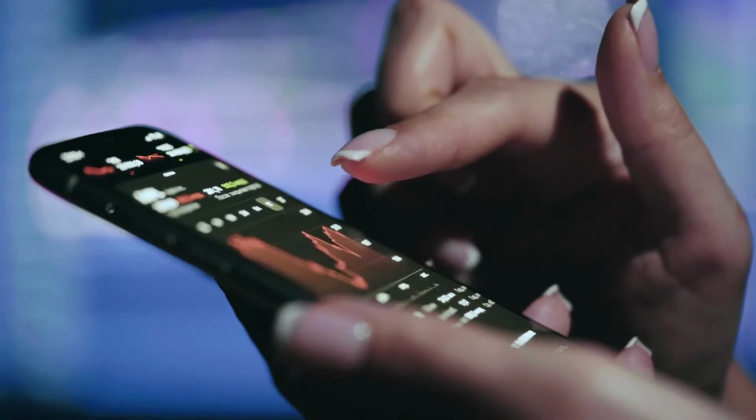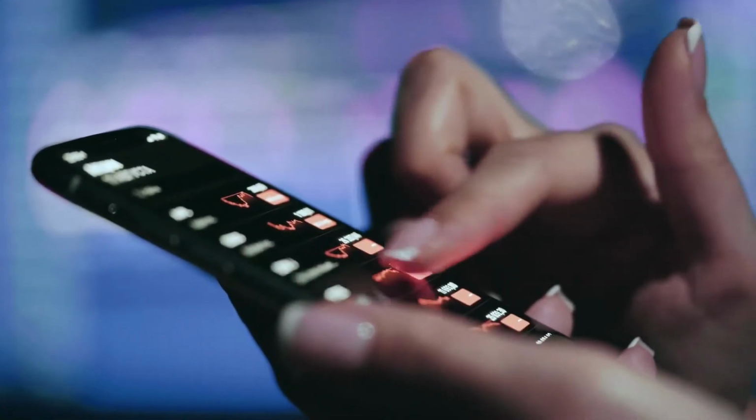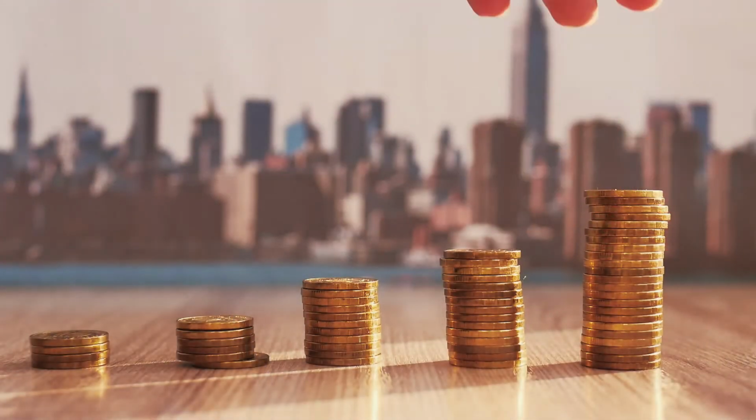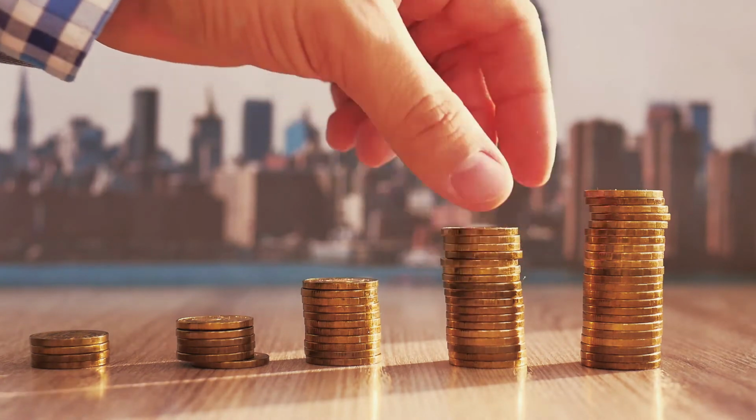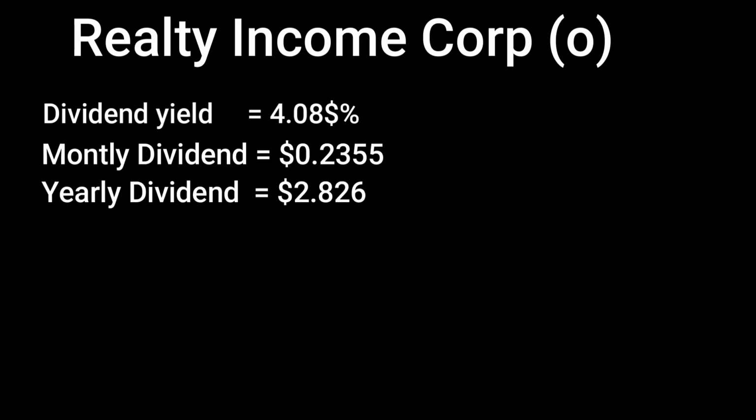You can simply start by googling best REITs to invest in. That's a basic place to start. So let's take a look at how much money you can really make from investing in REITs. For this example, we'll be using a company called Realty Income Corporation. The ticker symbol is O, which as of making this video has a current dividend yield of 4.08% with an annualized amount of $2.826 per share. As of making this video on July 17, 2021, the current price of Realty Income is $69.5